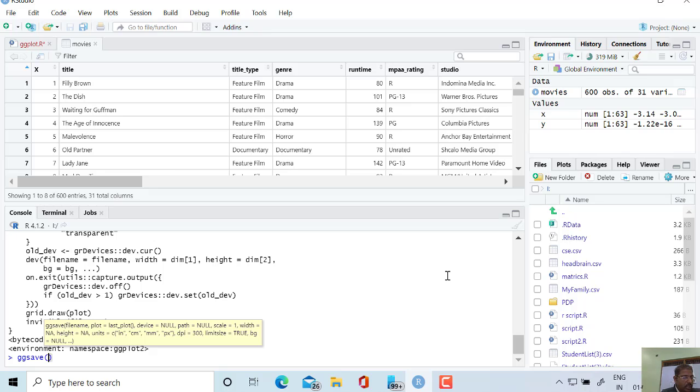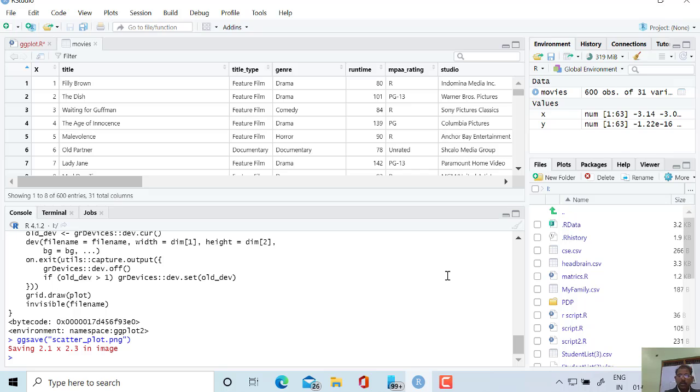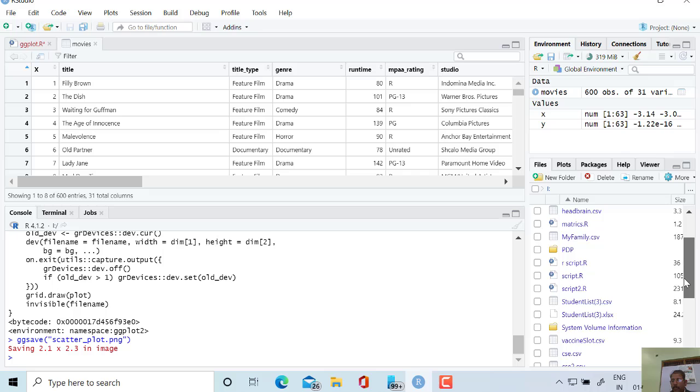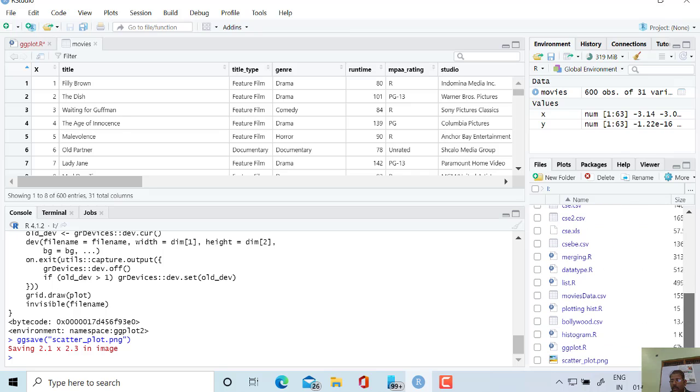So for ggsave function, suppose scatterplot dot png. Okay, now it will work. Now the image has been saved. Okay, and let me check the png. Okay, here we can see that the scatterplot.png file appears here now.